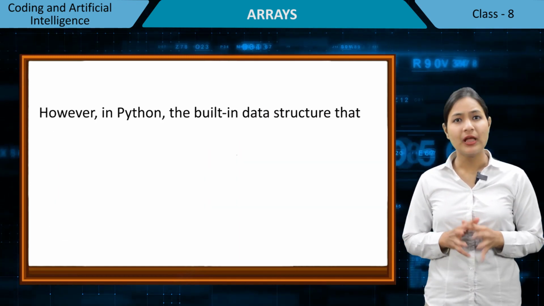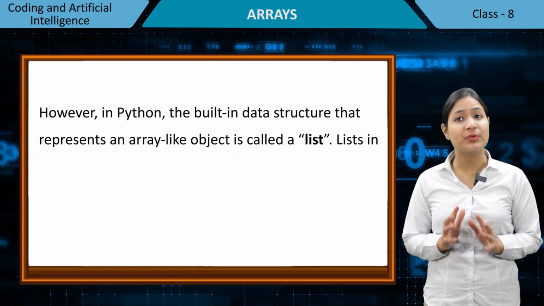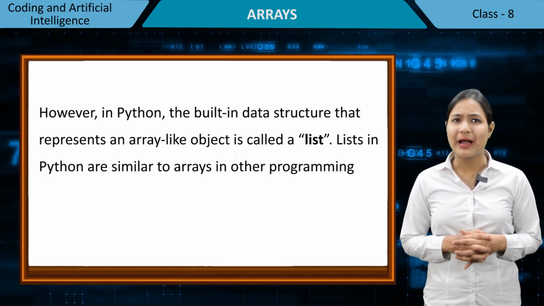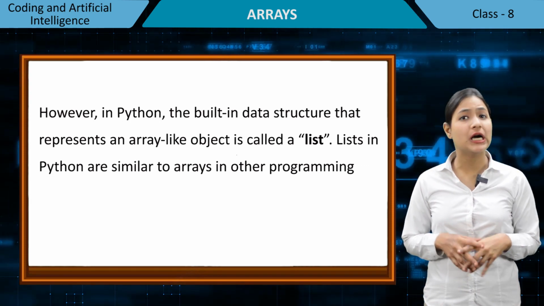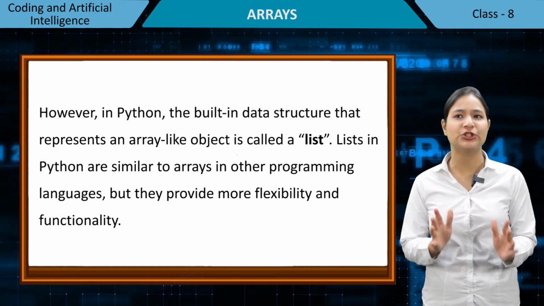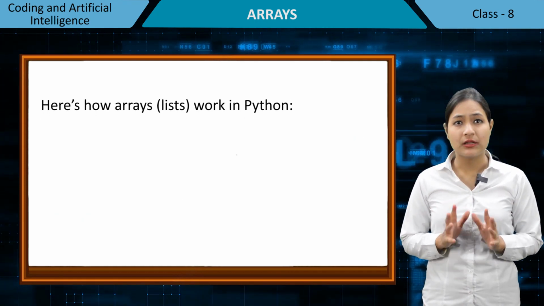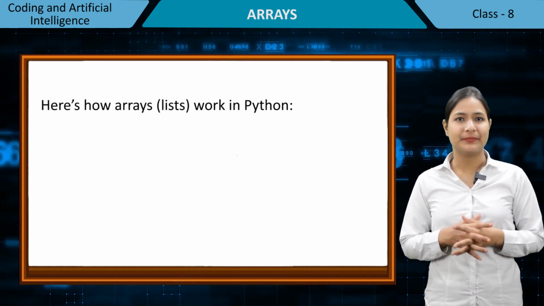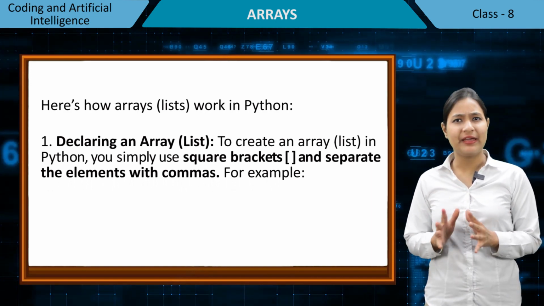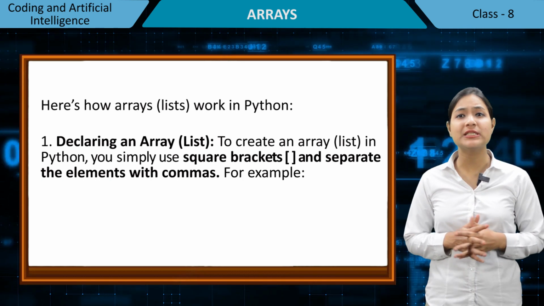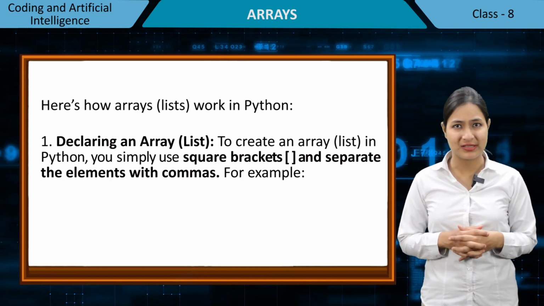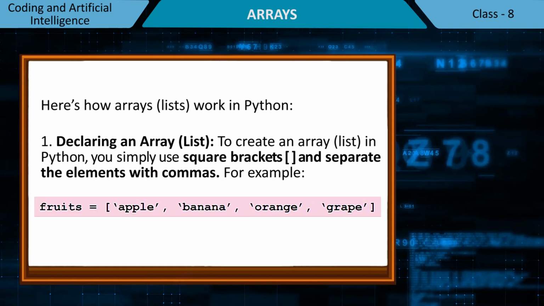However, in Python, the built-in data structure that represents an array-like object is called a list. Lists in Python are similar to arrays in other programming languages, but they provide more flexibility and functionality. Here is how array lists work in Python. First, declaring an array list. To create an array list in Python, you simply use square brackets and separate the elements with commas. For example,